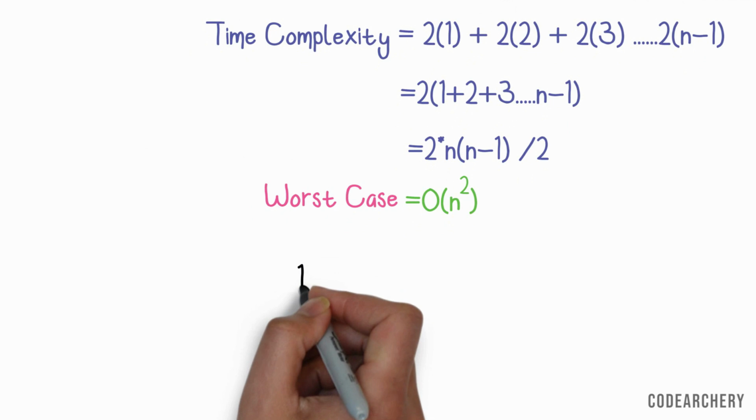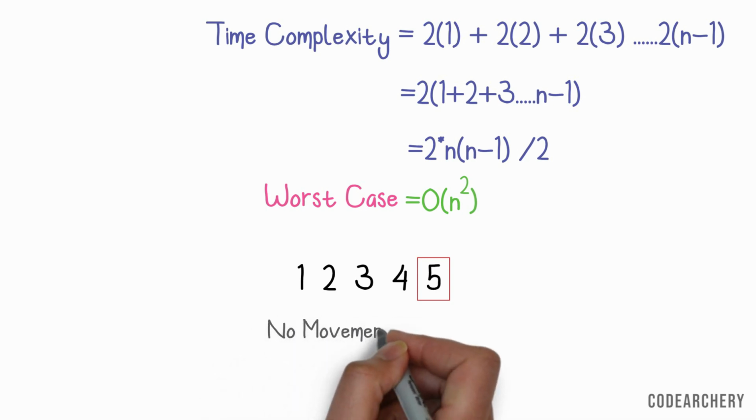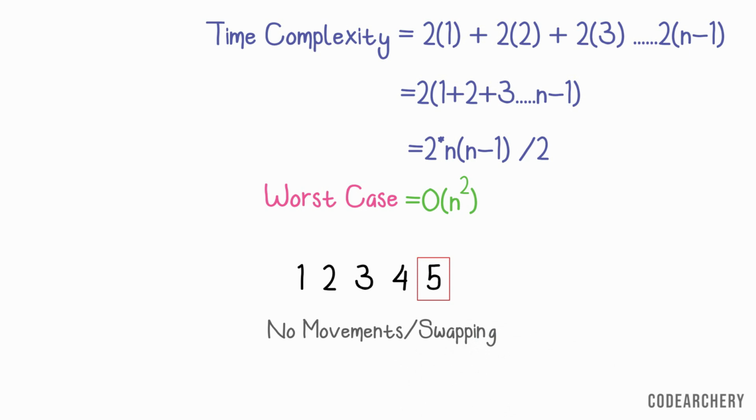But what if the list is already sorted? Since all key elements are at their correct positions, we don't have to perform any movements. And when the key element will compare with its previous element, then it will say that I am at my correct position, you don't have to look back. So the best time complexity for insertion sort is order of n.